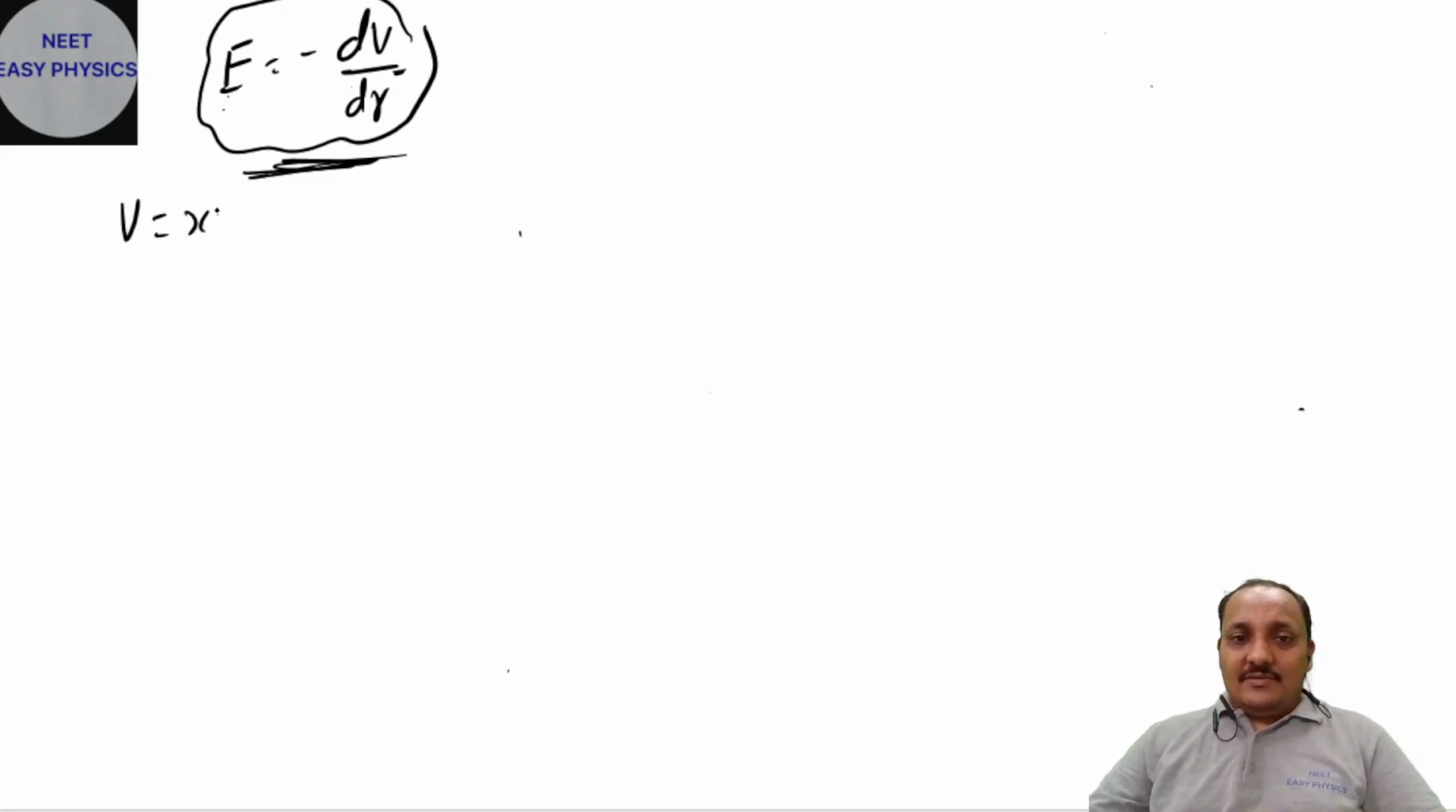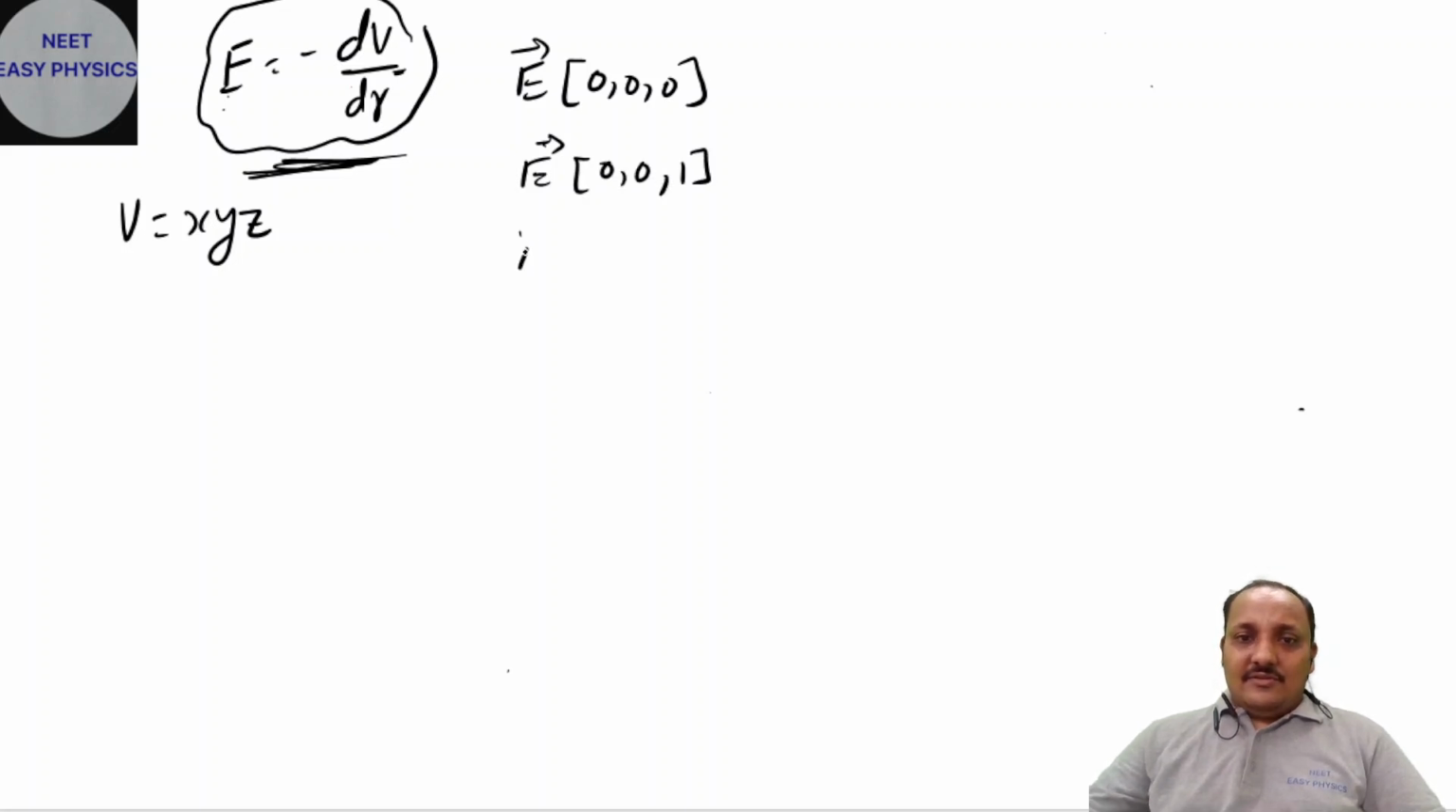Let us assume V, the potential, is equal to xyz. Then find electric field intensity at (0, 0, 0), at (0, 0, 1), at (0, 1, 1), at (1, 1, 1), like this. Anything they will ask. All these we can find in a simple way,